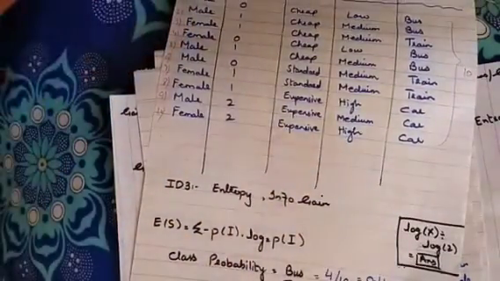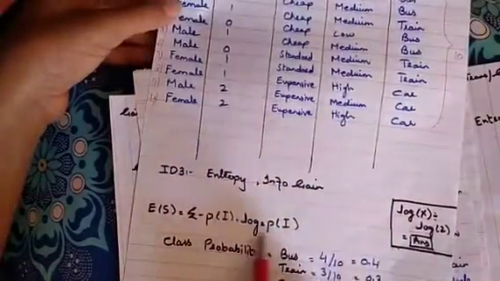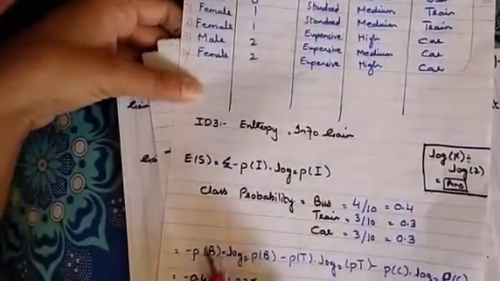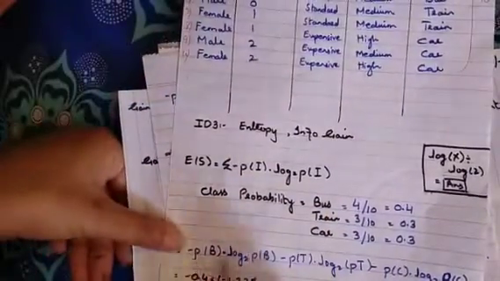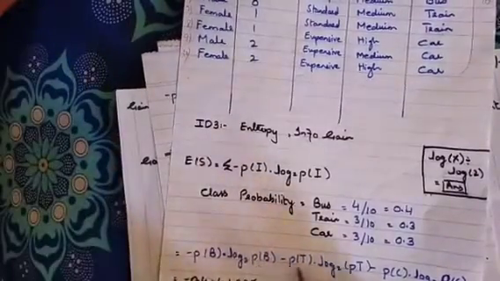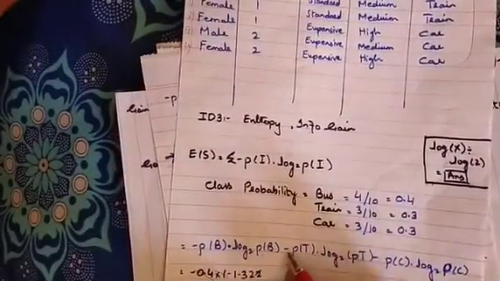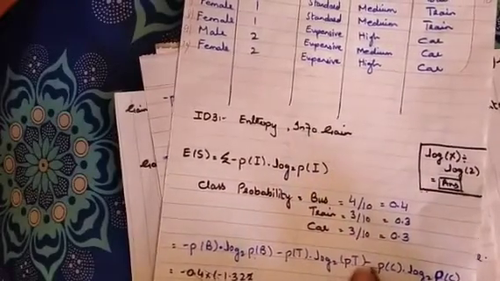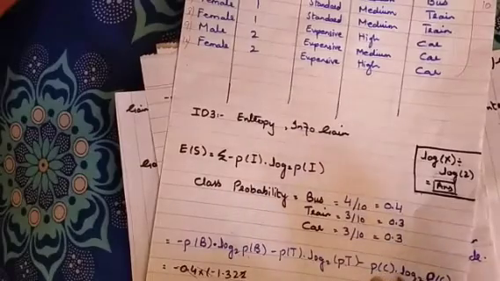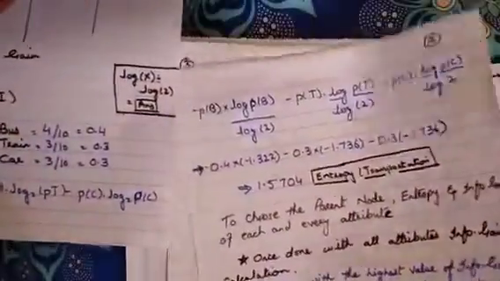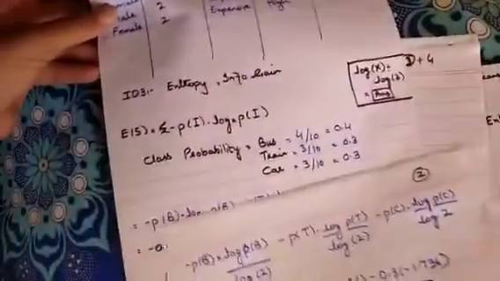So if I just open up this formula and put all of these labels within that, so हमारे पास formula expand होके क्या बन जाएगा? That would be minus probability of bus into log of 2 of probability of bus, and then the third one was train, so that would be minus probability of train into log of 2 of probability of train, and then minus probability of car into log of 2 of probability of car. तो अब हम इसमें values put up करते जाते हैं within this formula. So here it is.